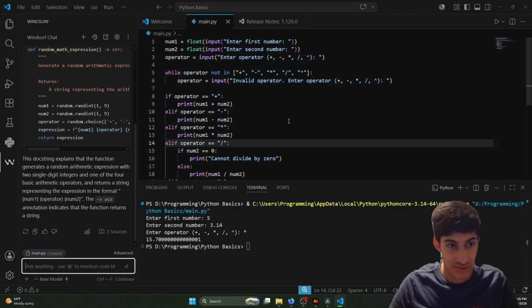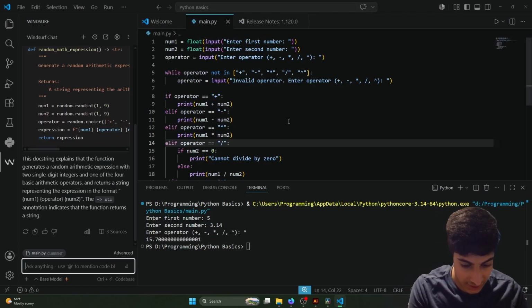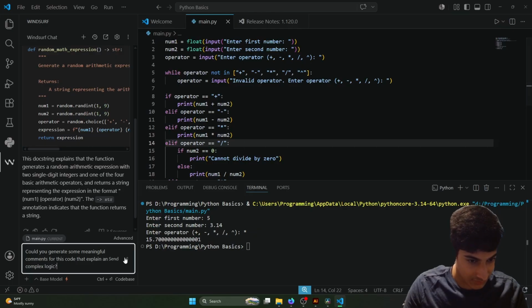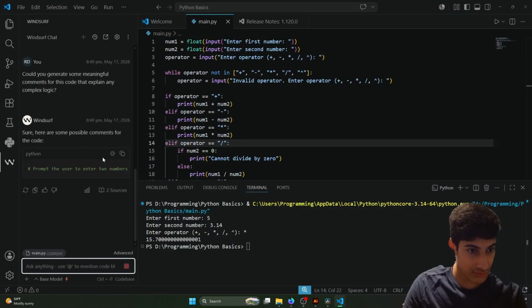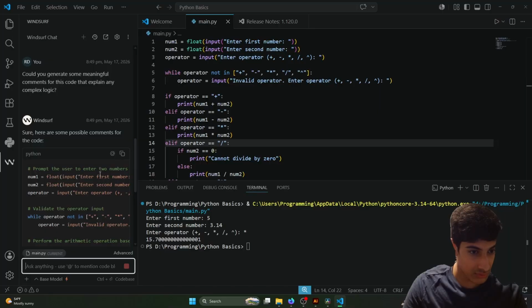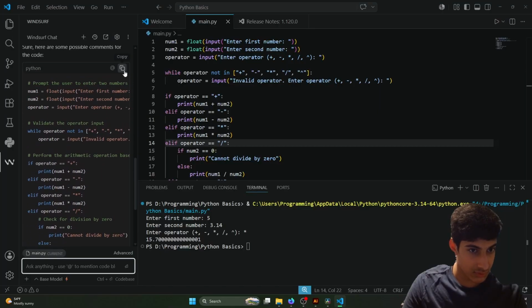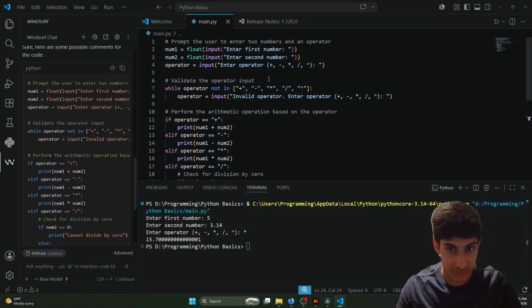So to generate some comments, we can ask the AI, could you generate some meaningful comments for this code that explain any complex logic? And then if we were to send it, and copy the code here,